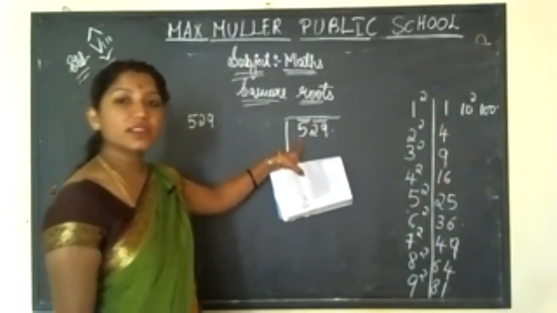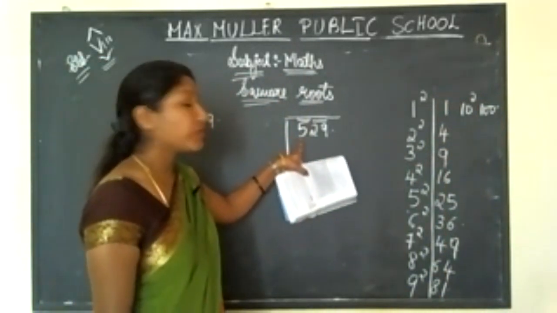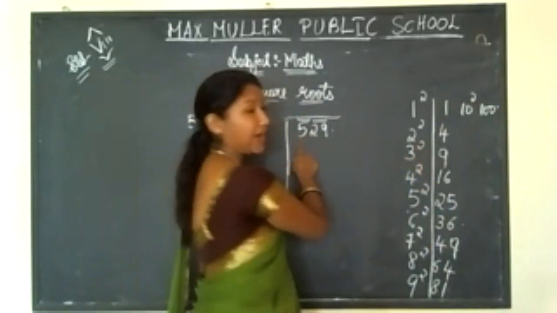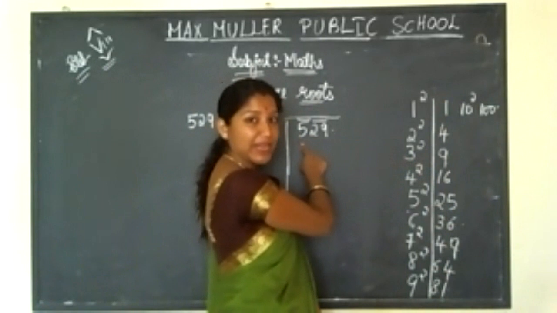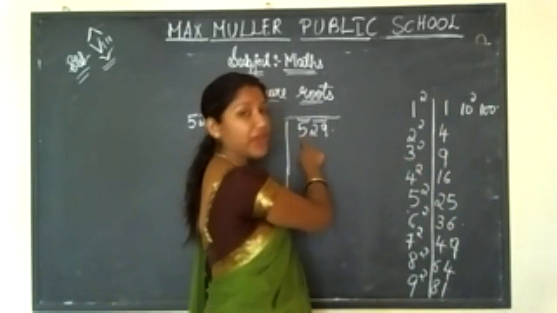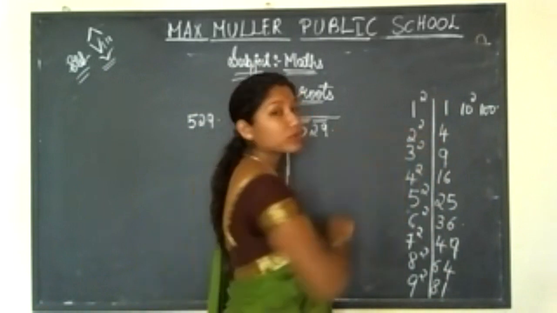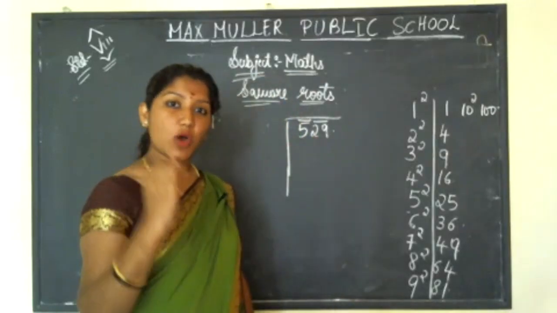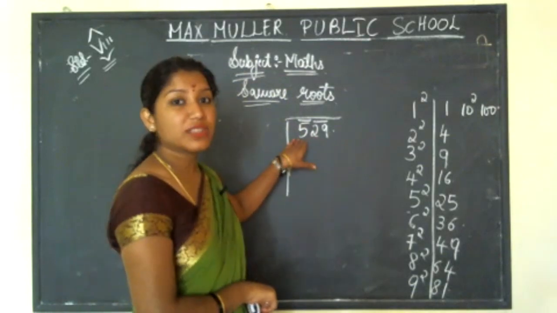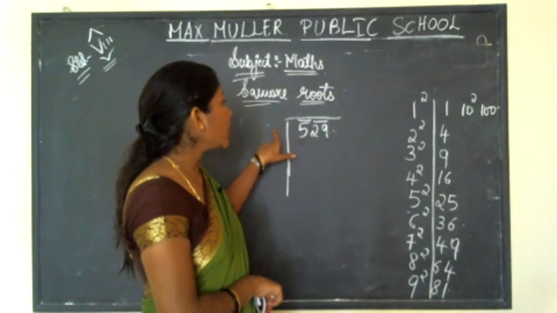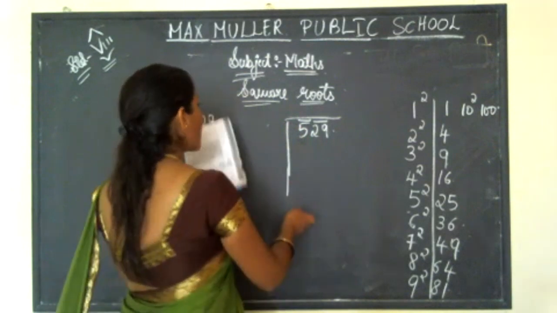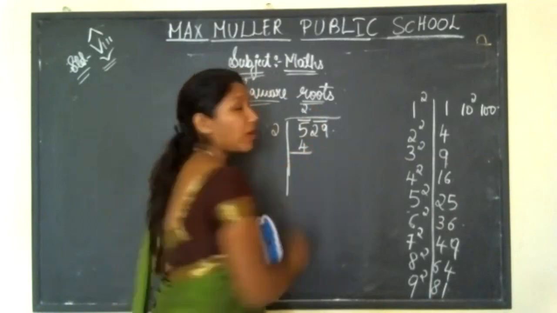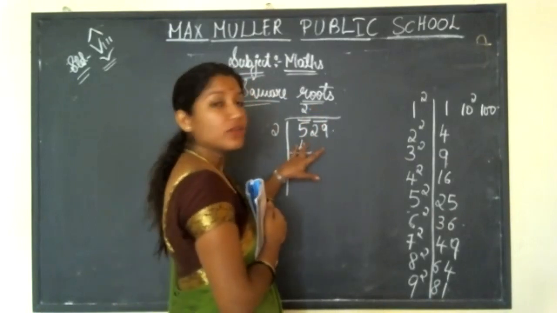So the nearest square number you have to find out for this value. That is 3 3s are 9. Yes, of course a nearer number, but it is greater than 5. And again 2 2s are 4. You have to take the smaller number if you have to subtract. So here you are taking 2 square. So what is this? 2 2s are 4. Hope all understood why you have taken 4 here.